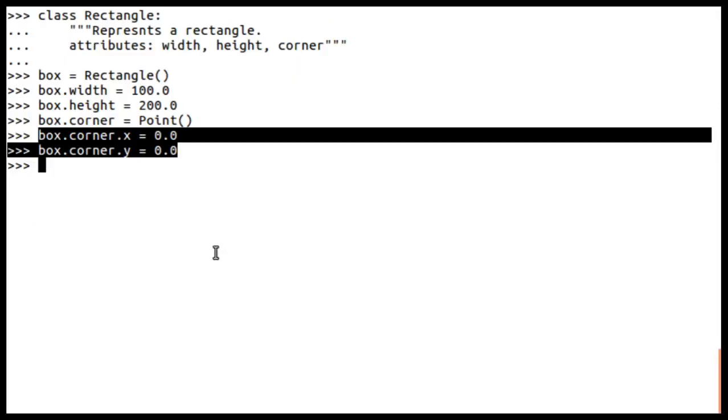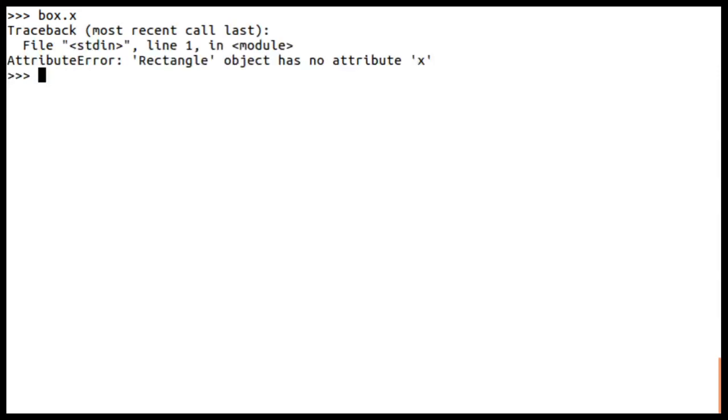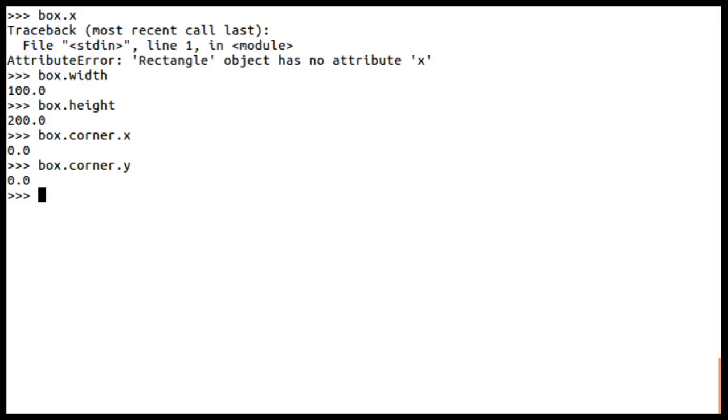Already here we have created a box object. You can see box.width and box.height, right? And the corner points are box.corner.x and box.corner.y.